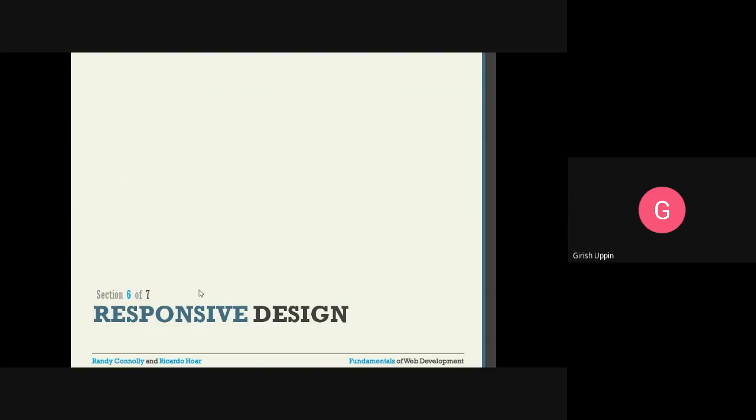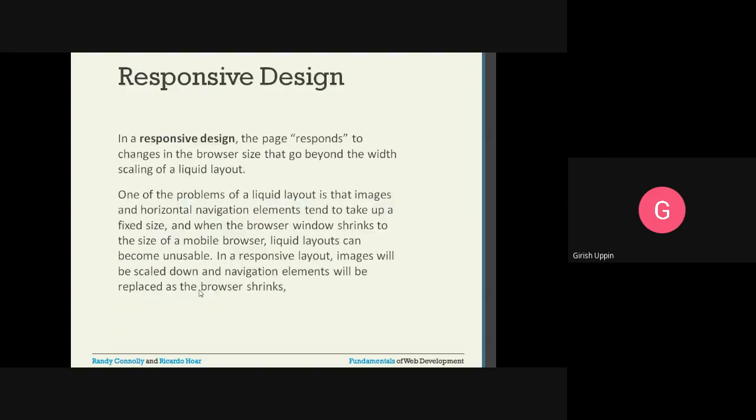Responsive design. So what is a responsive design? Responsive design is the one where the elements on the web application respond to the browser size. According to the browser size, it will change in its appearance. The way it appears on a larger screen would be different from the way it appears on a smaller screen. It will provide the same functionality, only the visual display of that content would be different on different screens.